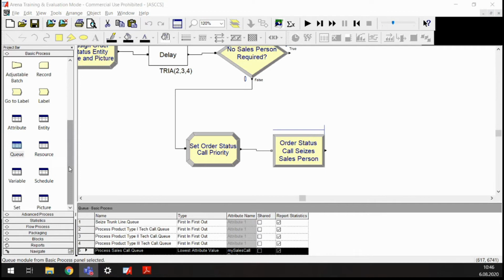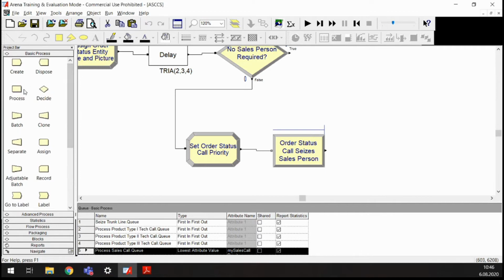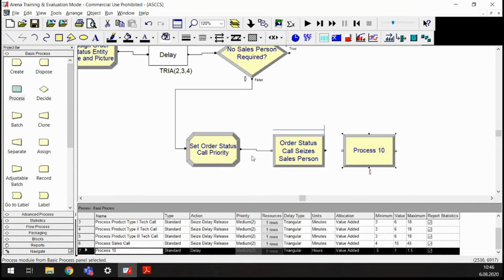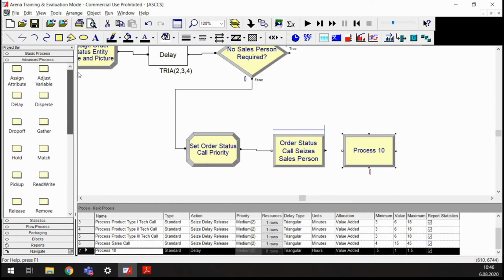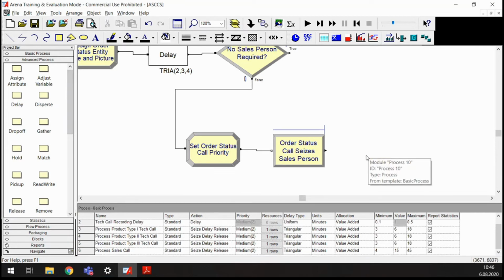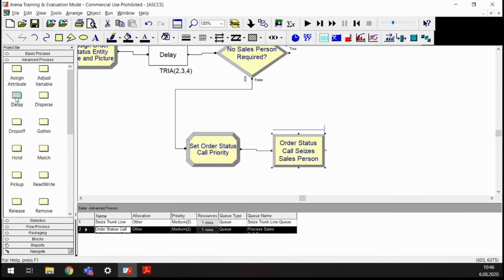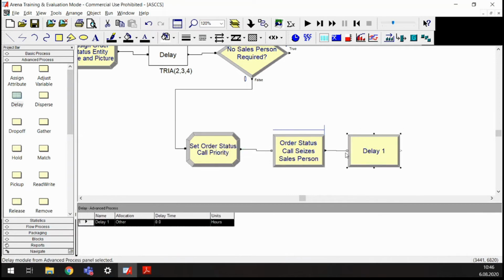They are going to enter a delay process after seizing that sales agent, and that delay process can be introduced by, again, a process module here, or maybe we can use another thing from the basic process panel. So let's do that. So let's erase this one, and instead,